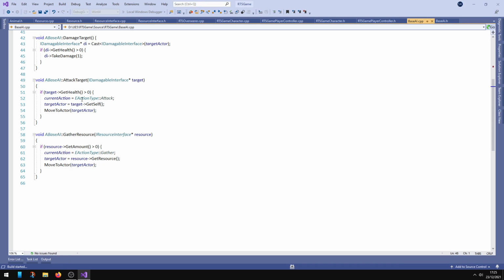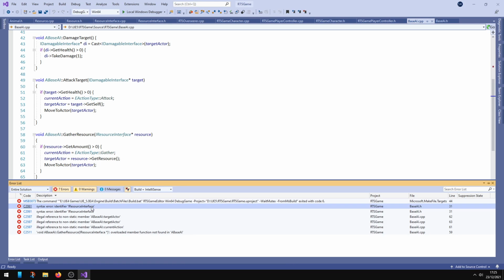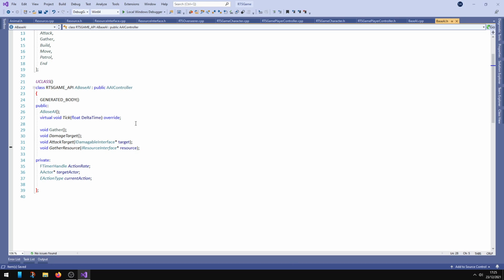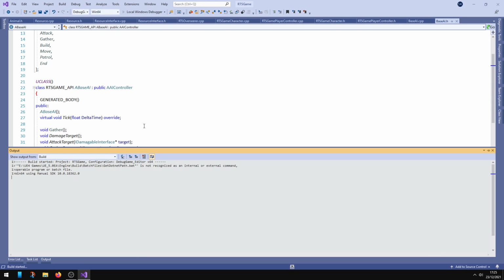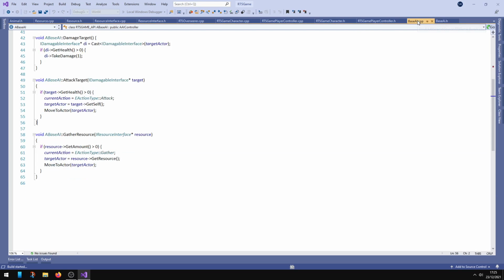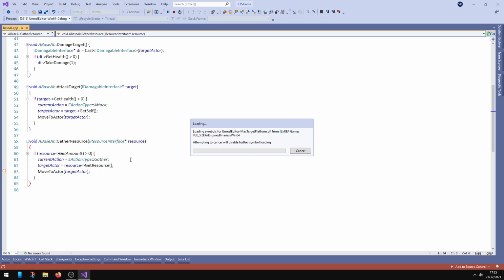I need to figure out a better way to do this. In theory, if I close that and click on this,